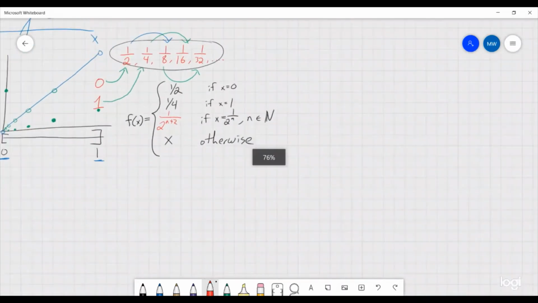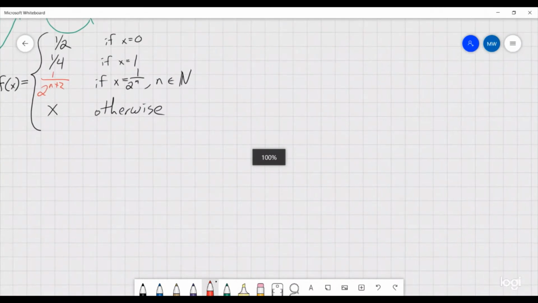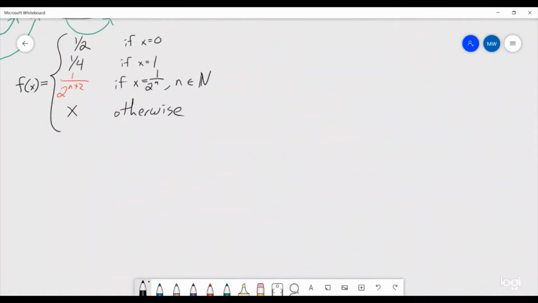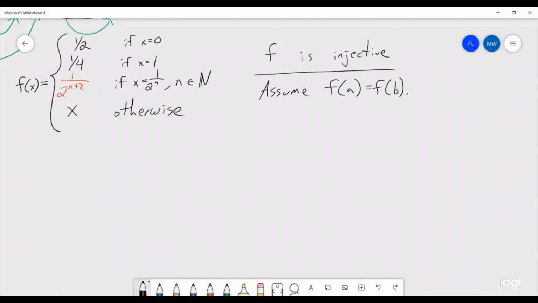So, going back to our function, we just need to prove it's injective and surjective. So f is injective. So we're going to start by assuming that f of a is equal to f of b. Now we're going to go through a few different cases. And these cases are precisely these four cases that we have in our piecewise function. Those are going to be the four different cases. So, case 1,